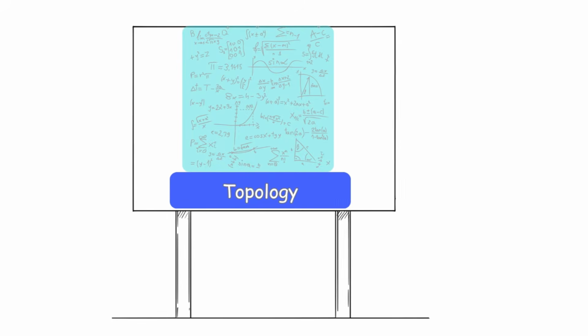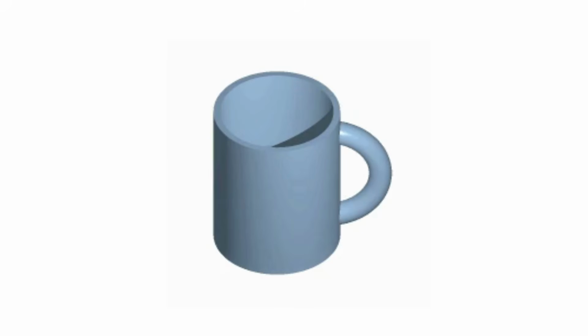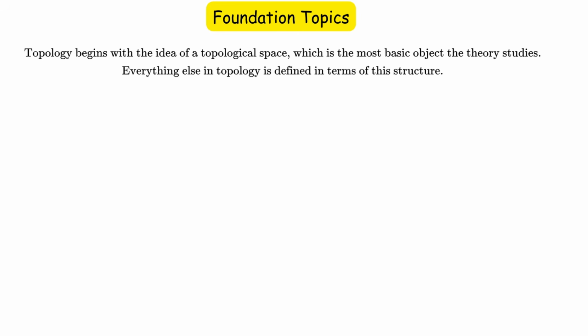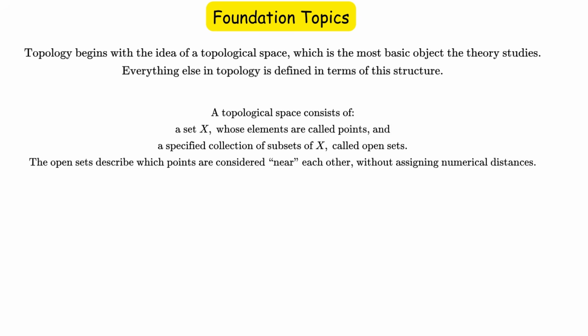Topology studies properties of spaces preserved under continuous deformations, such as stretching, bending, and twisting, without tearing or gluing. It abstracts the notion of closeness without requiring distances, focusing on qualitative rather than quantitative structure. At its foundation lies the topological space, defined by a set X and a collection of open sets satisfying axioms